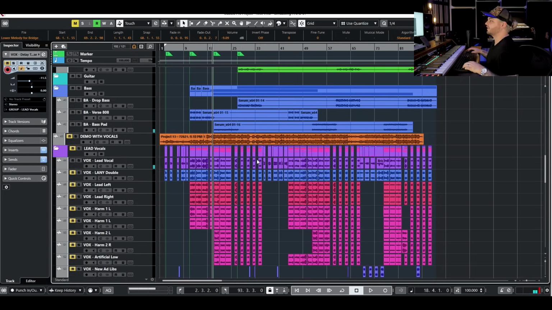That to me just doesn't sound like a finished record. It sounds like a demo with a really, really good vocal. Once we add some of those extra vocals in, I think, especially in the pop realm, is where you're really gonna hit that bread and butter of, okay, this is a finished, fully produced pop song, ready to get